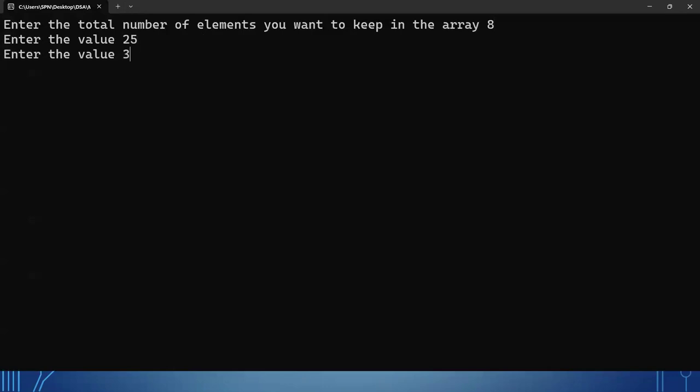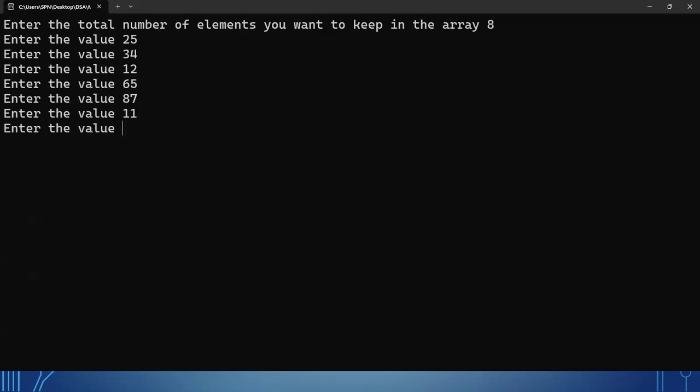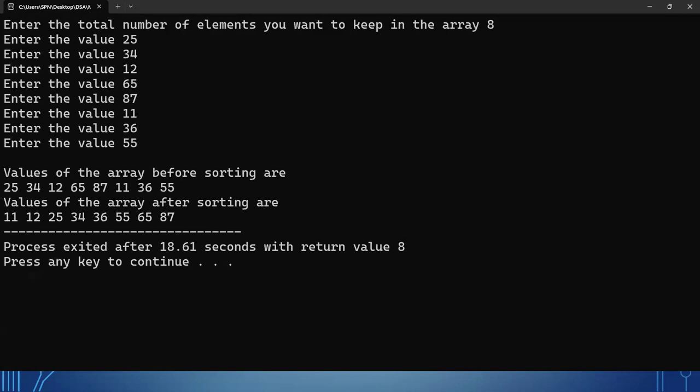Okay, 25, 34, 12, 65, 87, 11, 36, 55. Okay, take here. These are some random values we have given the input, and after that, whenever the sorting mechanism we have applied merge sort, now the values are coming in sorted order. Okay,